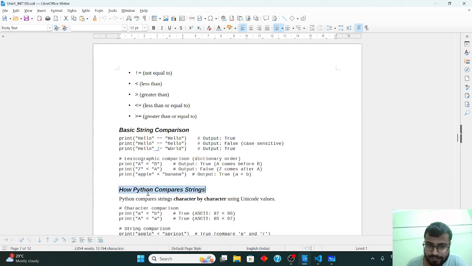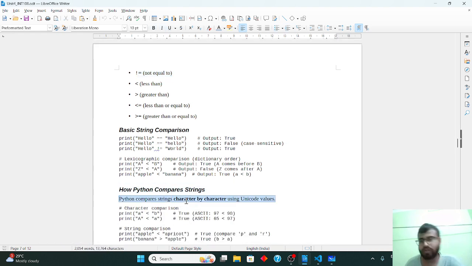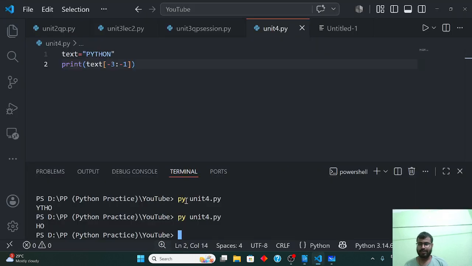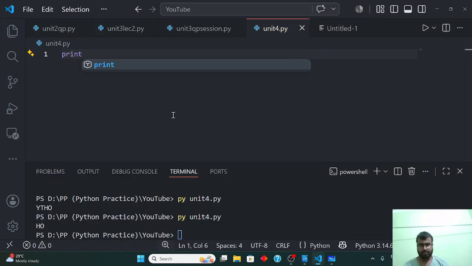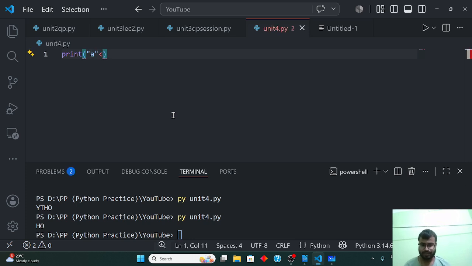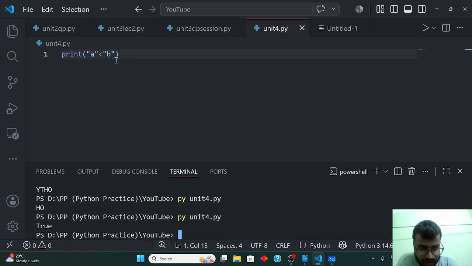So how does Python compare the strings? It uses the Unicode values. I hope you are clear with this. Let me show the same. Print 'a' is greater than 'b'. I guess the result will be False, because in layman's language,